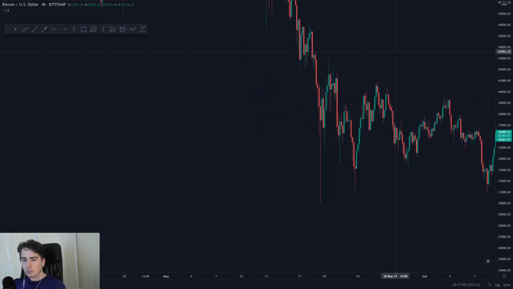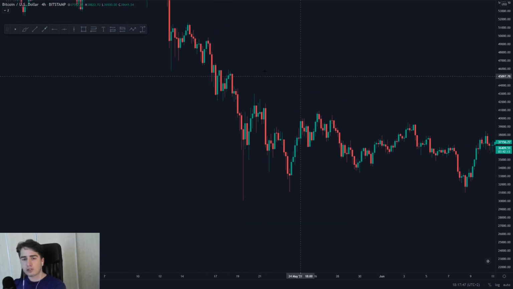So over here, what you want to do first of all is, for example, identify a downtrend. So over here, boom, boom, boom. What do we have? We have a low, we have a lower high, and then we have a lower low. So once that's identified, what can we then draw in? We can draw in our fib from, first of all,